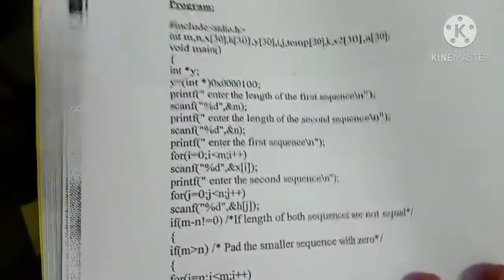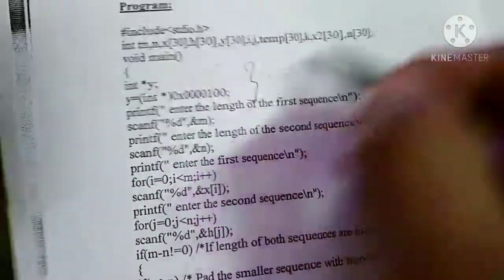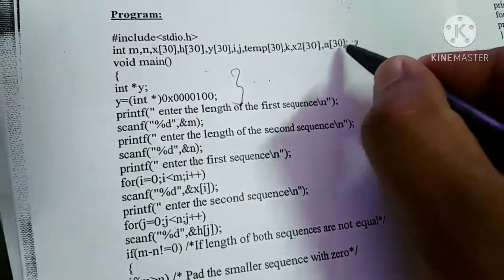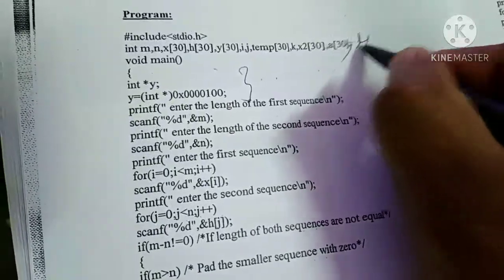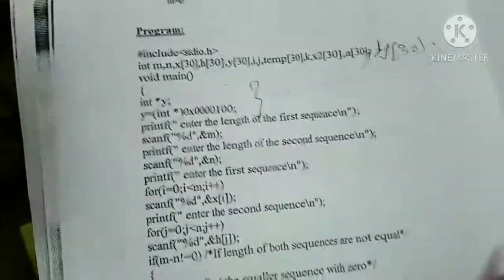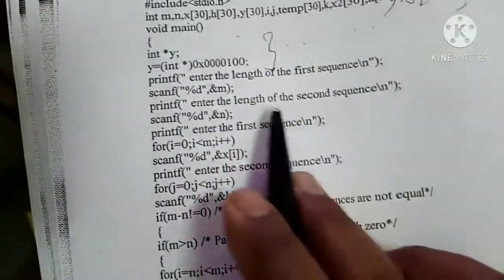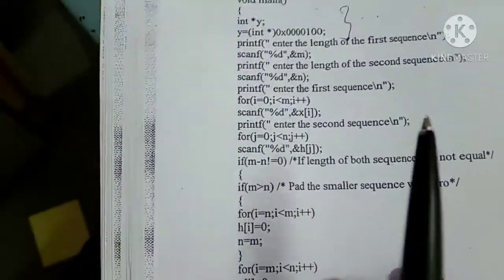Same thing for circular convolution. So here we are just taking the values. Here also, instead of these two, you take y of some 30 with a semicolon, so it will avoid these two sequences. Here I am taking the first sequence, the length of the first sequence and the length of the second sequence, then the first sequence values, then the second sequence values. Means here I am giving these values directly in the program.